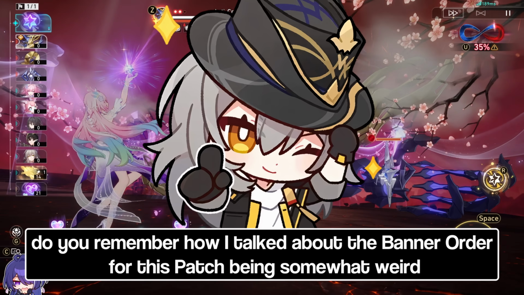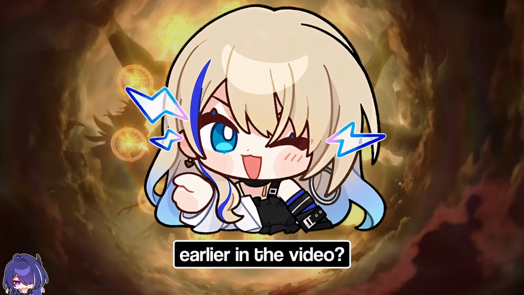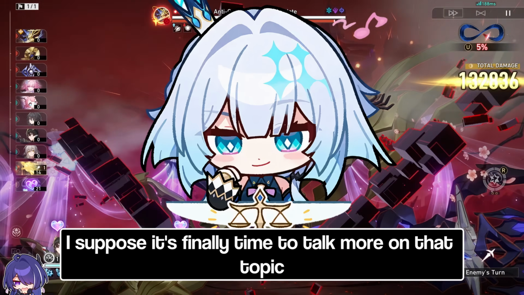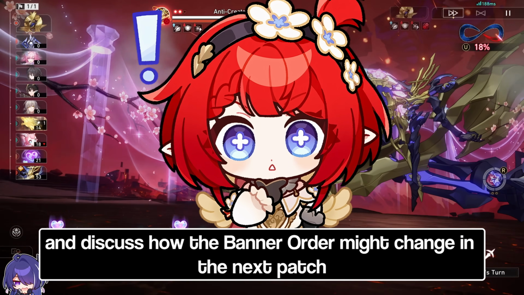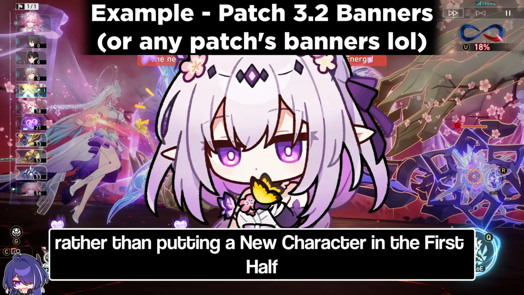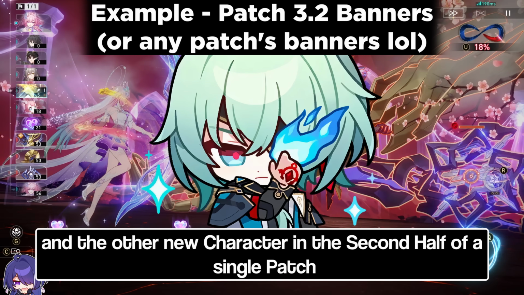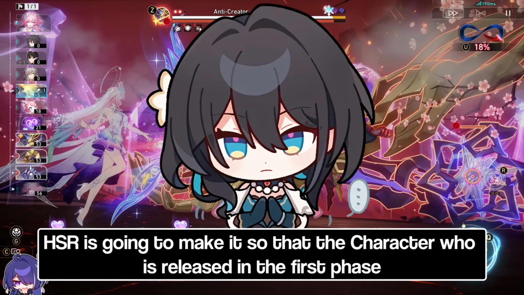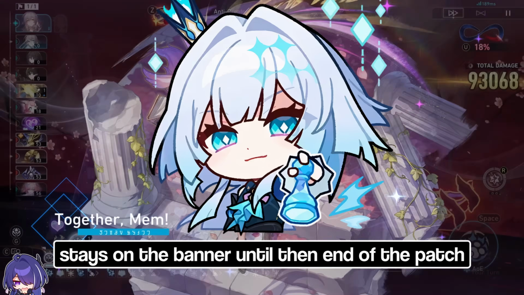Moving on, do you remember how I talked about the banner order for this patch being somewhat weird earlier in the video? Well, I suppose it's finally time to talk more on that topic and discuss how the banner order might change in the next patch. So, some of the sources have speculated that rather than putting a new character in the first half and the other new character in the second half of a single patch, in version 4.0, HSR is going to make it so that the character who is released in the first phase stays on the banner until the end of the